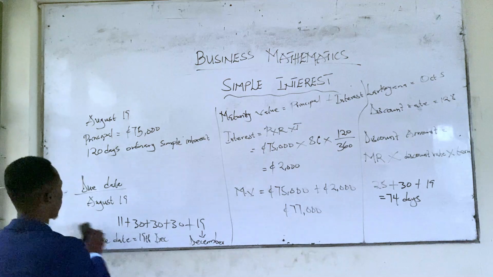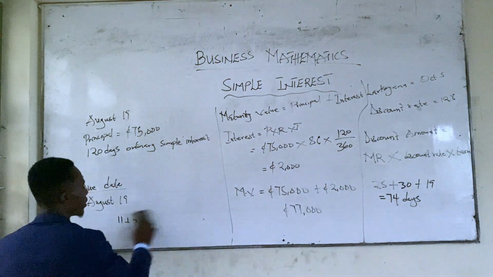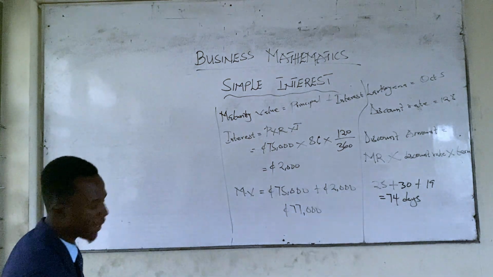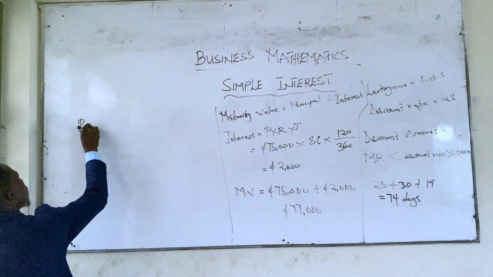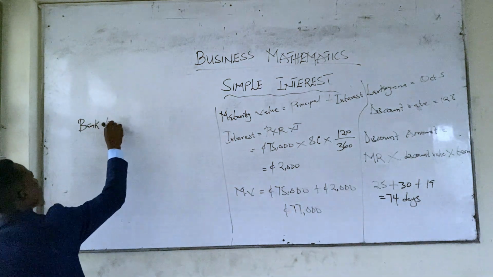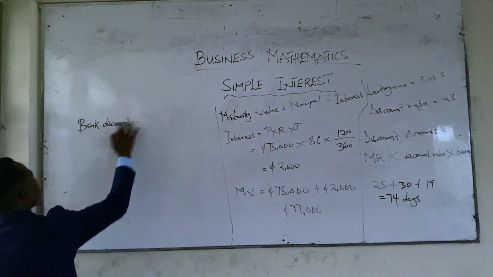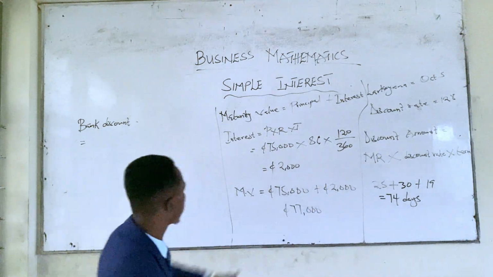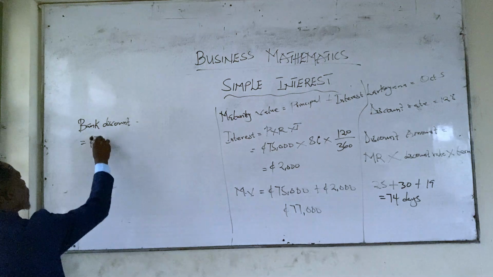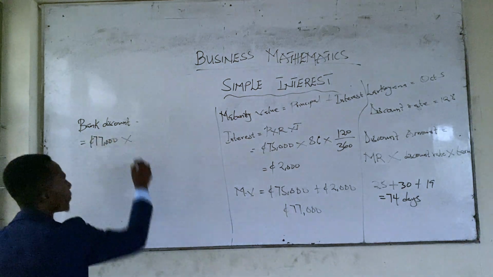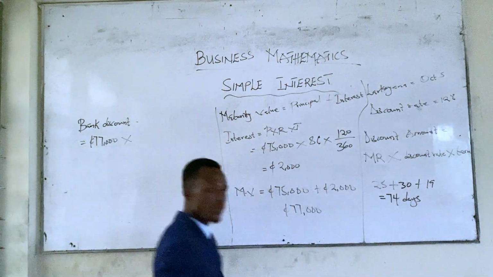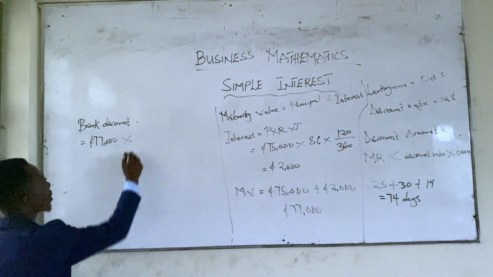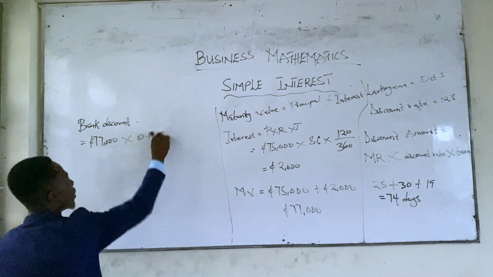So since we are done with this place, let me clean this place. So for our bank discounts, it is the maturity value, which is 77,000, multiplied by the discount rate. If you know the formula, you are good to go. And the formula is here, so make sure you keep it in mind. That is 12%, 0.12, times